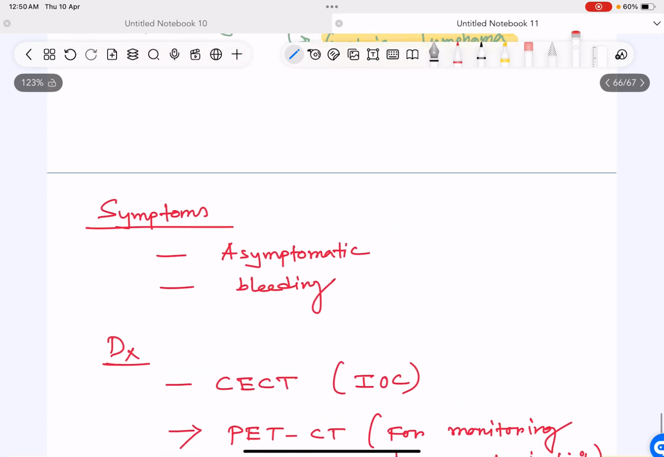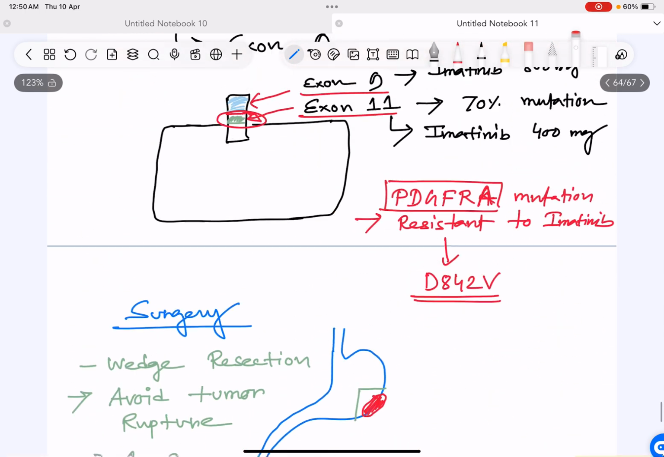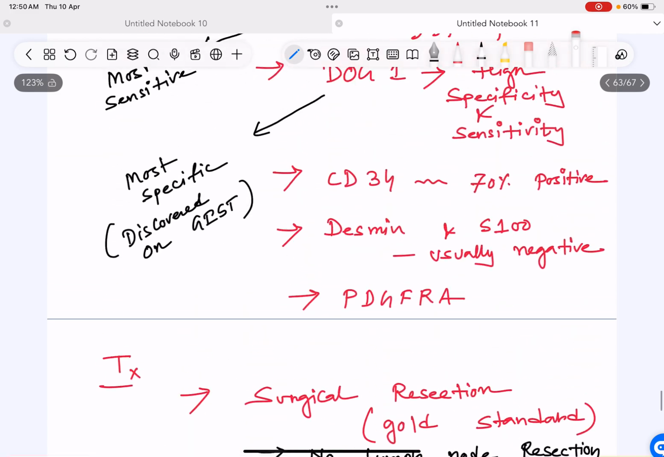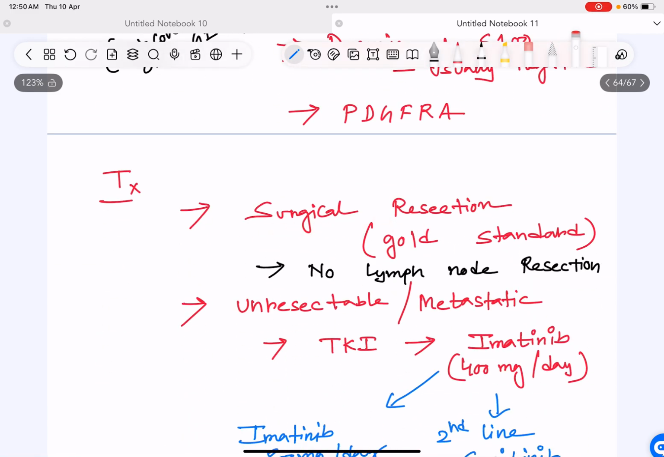Okay. Now treatment. So treatment of choice is surgical resection. That is the gold standard. No lymph node resection is needed because it is a kind of sarcoma. It's a mesenchymal tumor. Leiomyosarcoma spreads vascularly, and GIST is also a mesenchymal tumor, so it will also spread hematogenously,